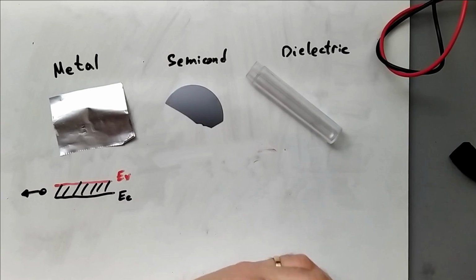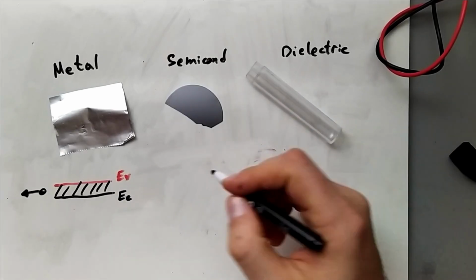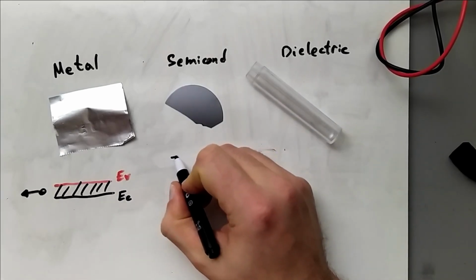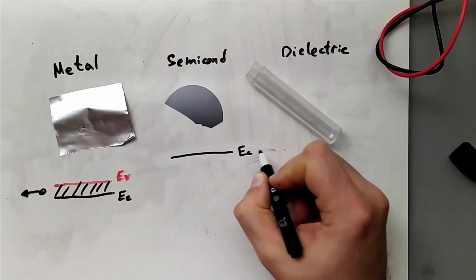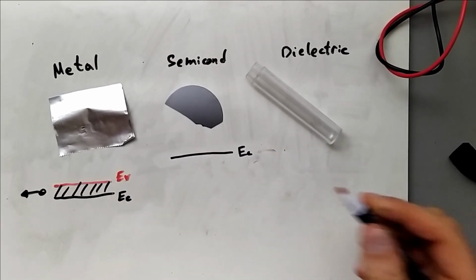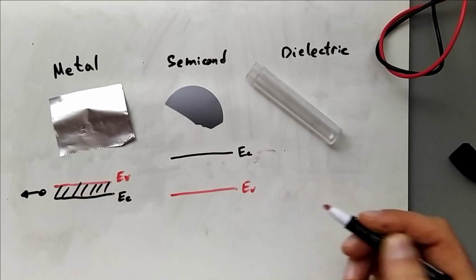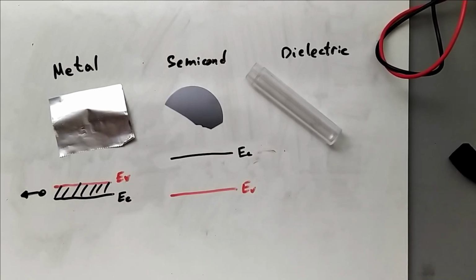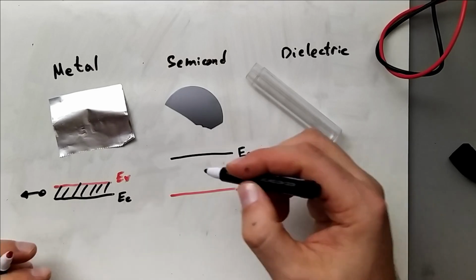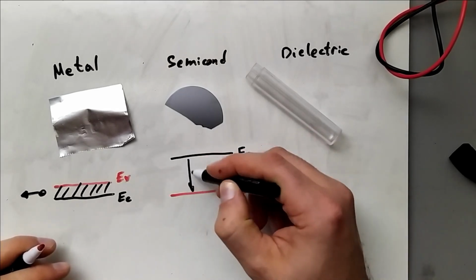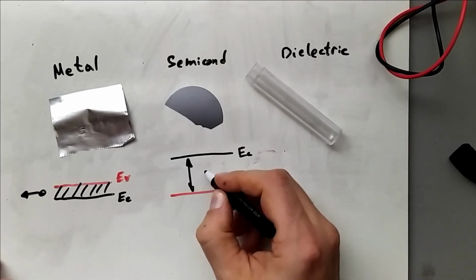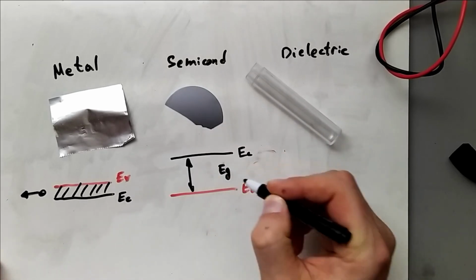So let's keep the color the same. So we have the bottom of the conduction band, and here is the top of the valence band. So you see these do not overlap anymore, and here we have some gap, which is our energy gap,